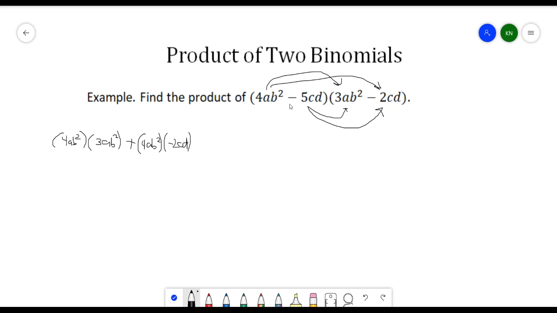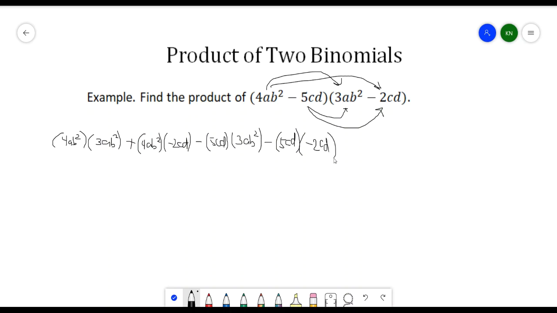Then we have this term, the second term, we have minus 5cd multiplied by the first term of the second expression. We have 3ab squared. And then we have negative 5cd multiplied by negative